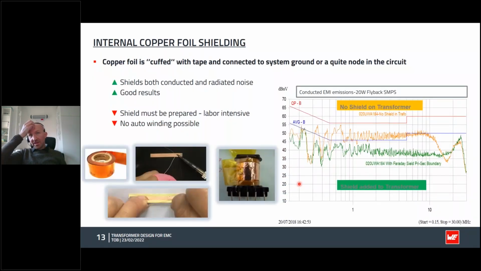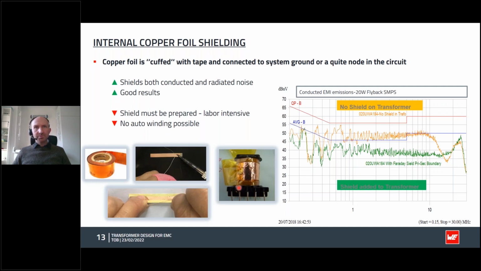So say we've taken all those measures and still we're failing in the EMC chamber. Is there anything else we can do with the transformer? Fortunately, yes, there are a few other things we can do. One is to have a primary secondary shield. So this is basically a very thin layer of copper foil wrapped around between the primary secondary border. This shield then is connected to some quiet node in the power supply, so typically maybe the local ground